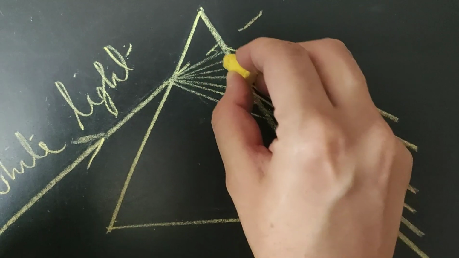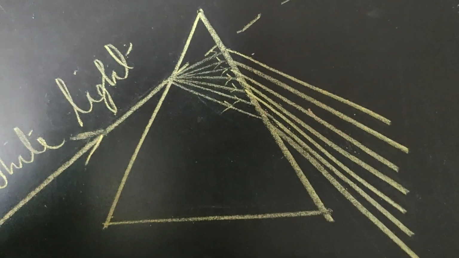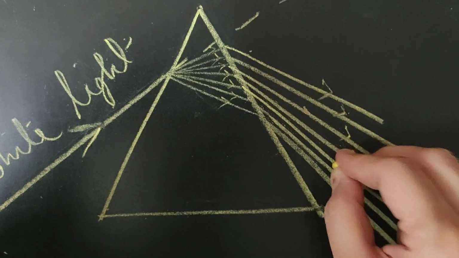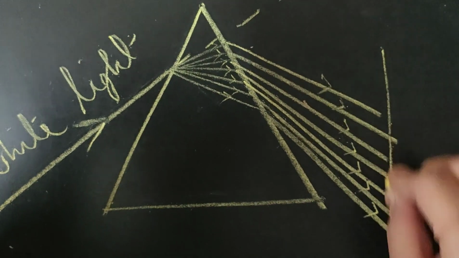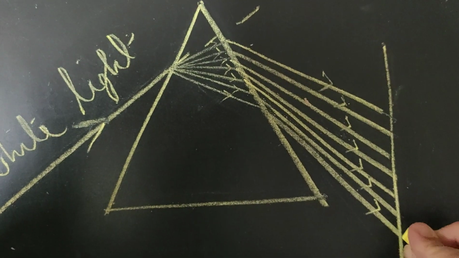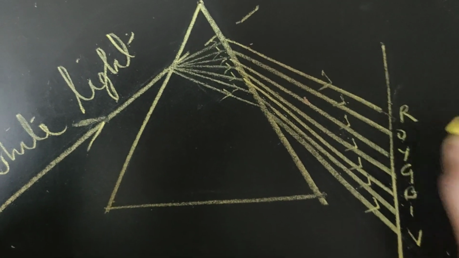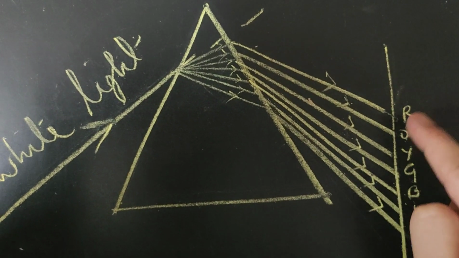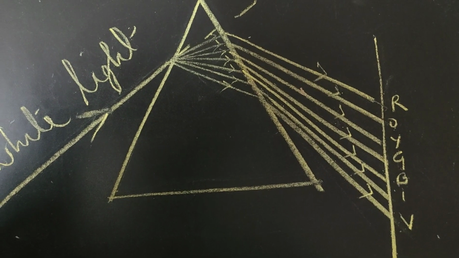You will be marking the directions as well. Any ray diagram is incomplete without labeling the direction of the light. And these are the emergent rays, emerging 7 colors. And here we can draw the screen where we get the band of these 7 colors as VIBGYOR. I hope you remember. You've already done this in your previous class. So VIBGYOR: violet, indigo, blue, green, yellow, orange, red. In this sequence you will obtain this band of 7 colors.